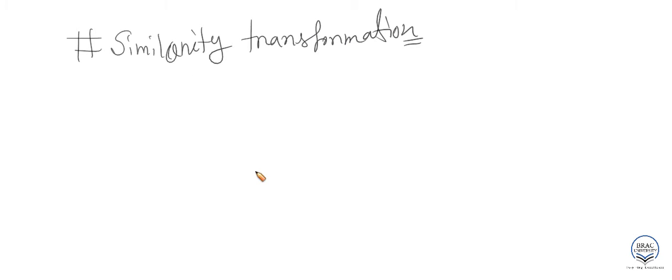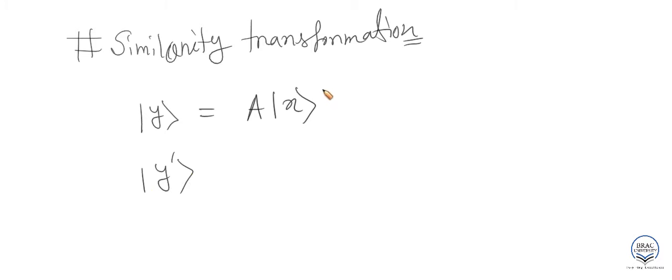So let's consider an operator equation that we are most familiar with. That is, let's say y, and it is related with some x. This is one operator equation, and since this is an operator equation, this will be basis independent. So let's say I'm working in another basis, so let's call this basis 1, or non-prime basis, and this will be the equation